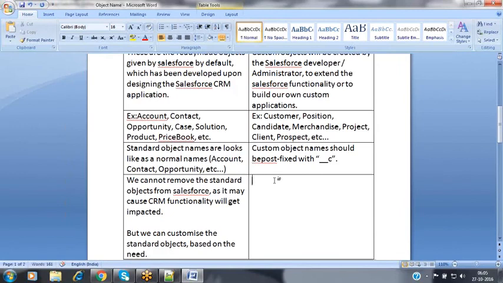But when coming to the custom objects, we can remove the custom objects in future when they are no longer needed.